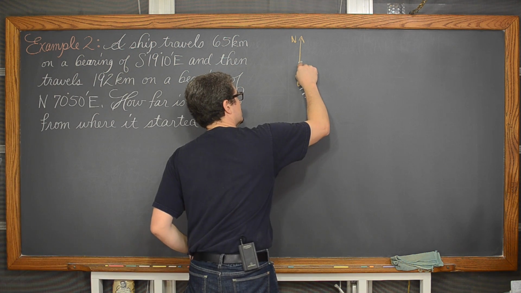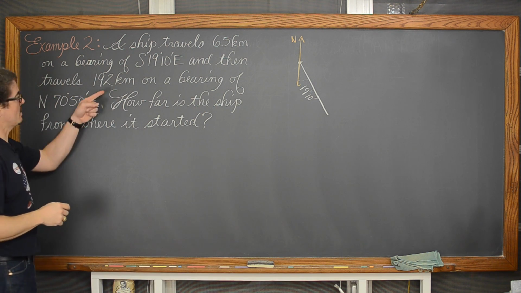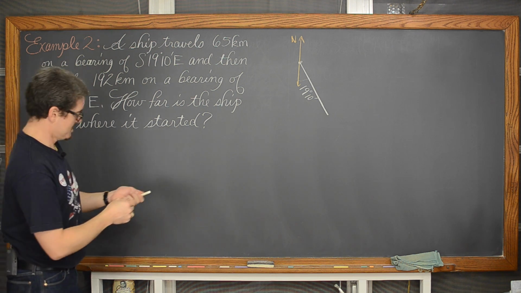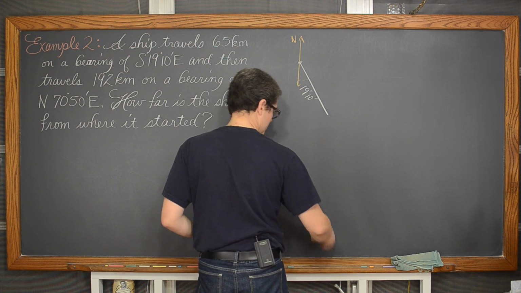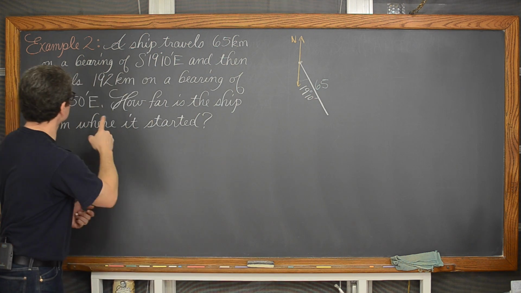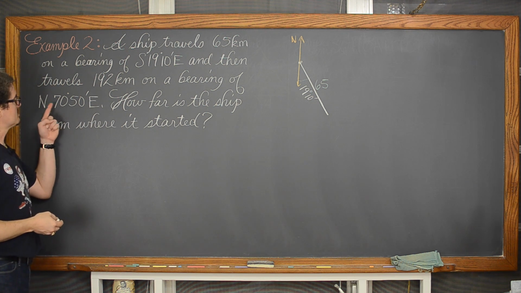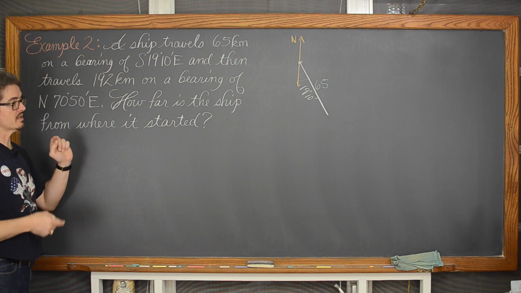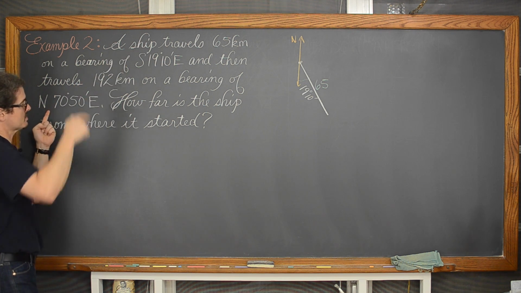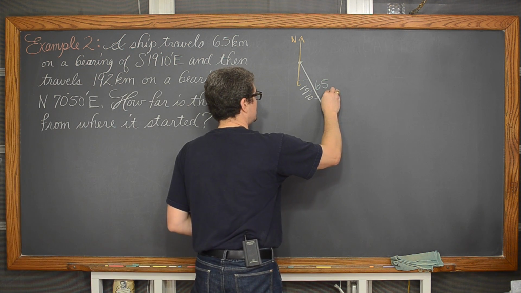Okay, I want to make sure I have enough room to work here. Let's just make that a little bit longer. Now, then it turns, and it travels 192 kilometers. Oh, the distance would be nice. 65 kilometers. Put that in, oh, I don't know, green. 65 kilometers. And then it turns and goes 192 kilometers on a bearing of north 70 degrees 50 minutes east again. So we're still going towards the right, but now we're going in a more northern direction as opposed to south. And that means we're going to use another north-south compass line, if you will.